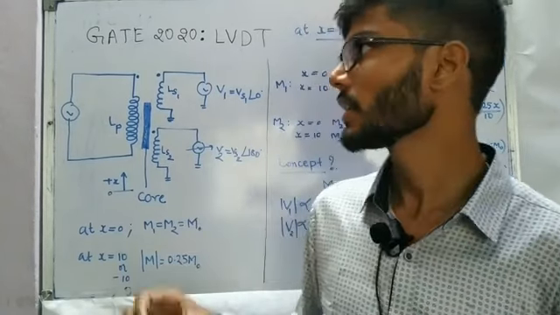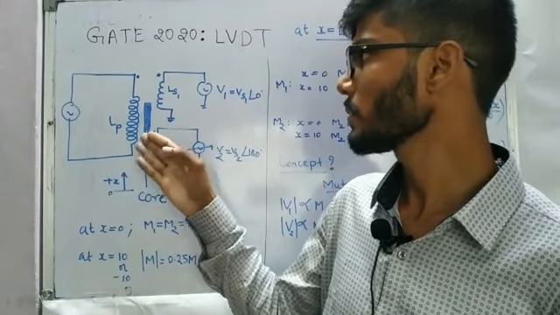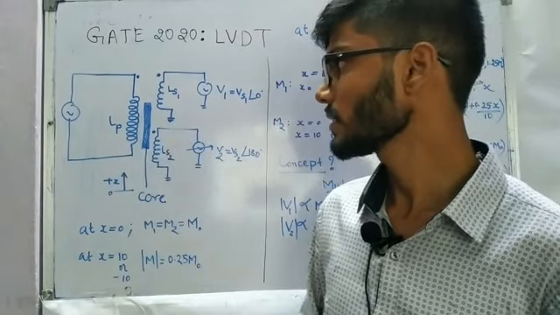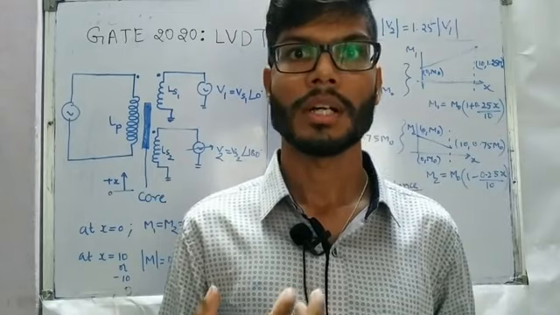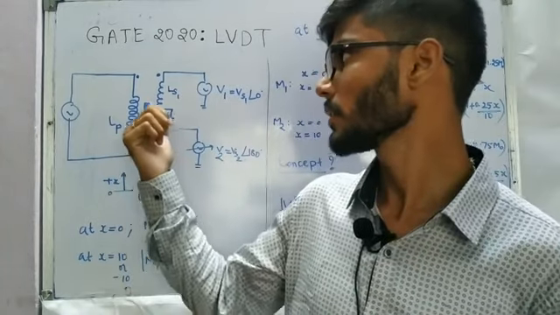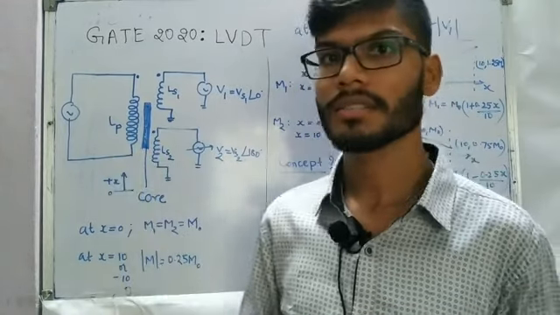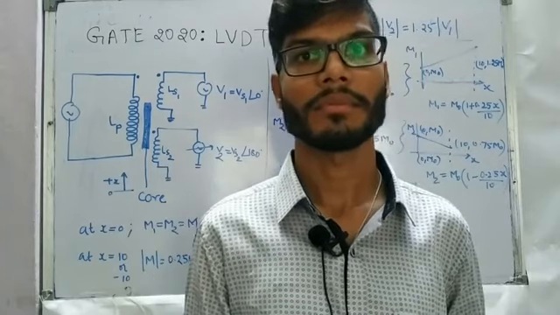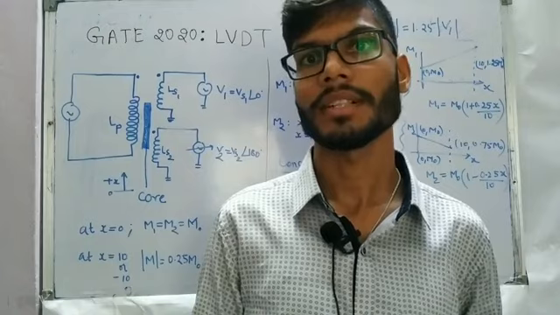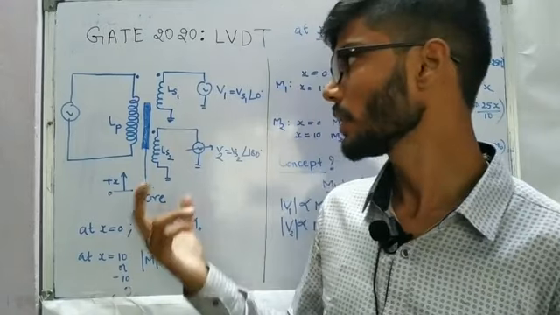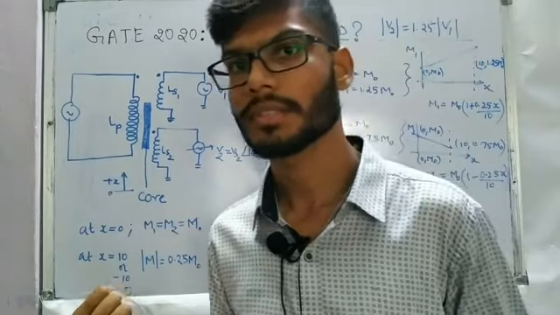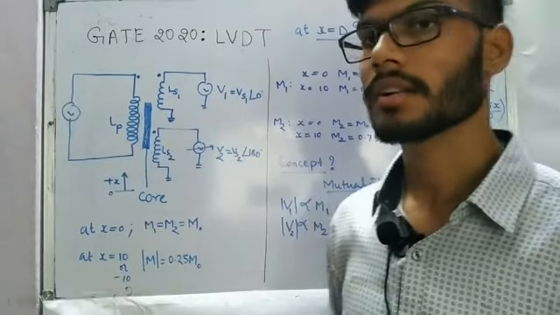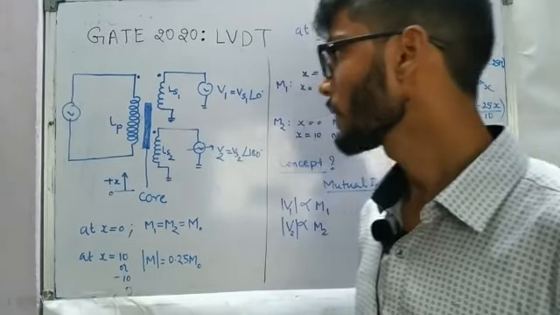I am telling you that because here in the question, self inductances are mentioned as well. To make yourself clear with the concept, you have to understand first that the self inductances are not going to play any role in the problem solving. Only the mutual inductance part we are going to discuss here. So these things might confuse you if you see the diagram in the question paper.